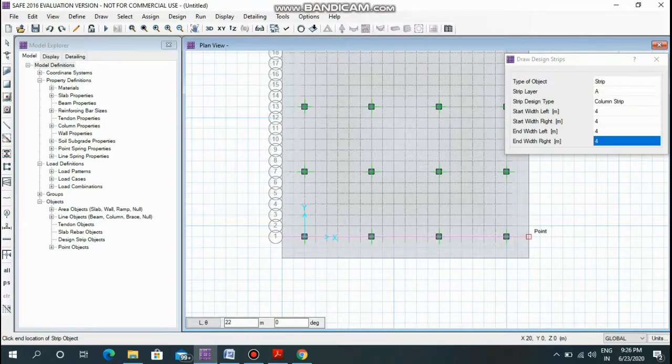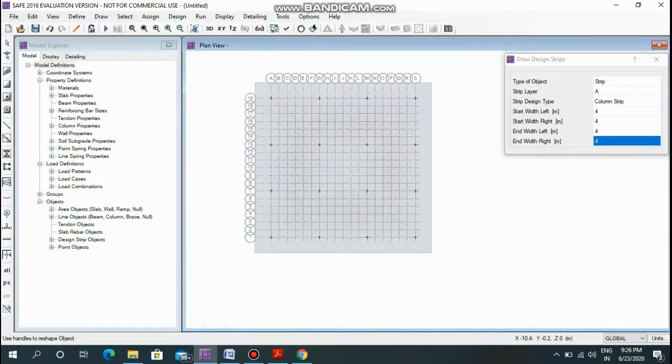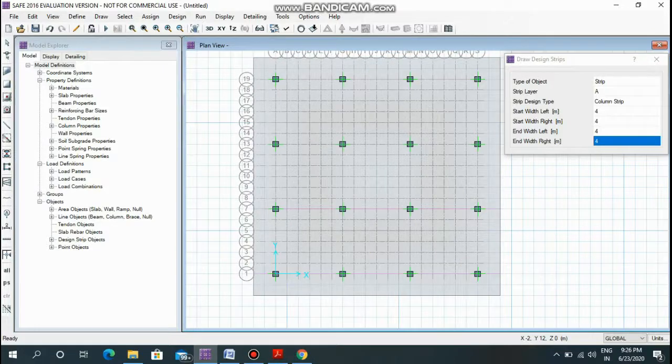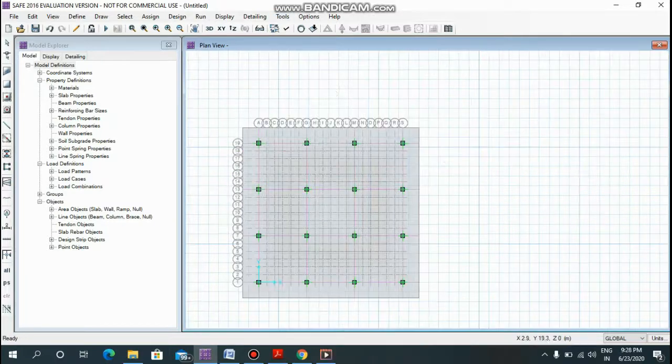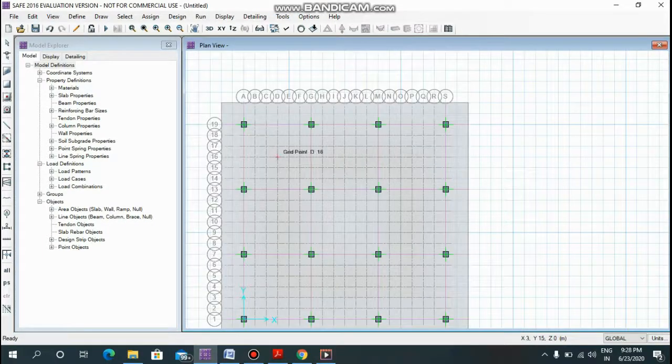Draw the strip and right click outside the slab. Draw the second strip, right click, the third strip. Similarly, draw the strips in the y direction also.